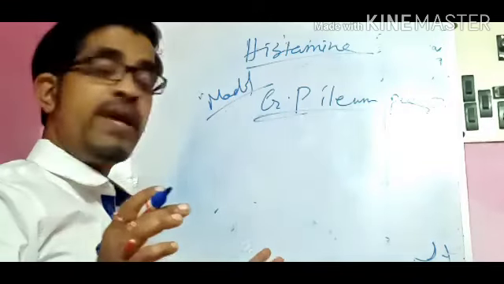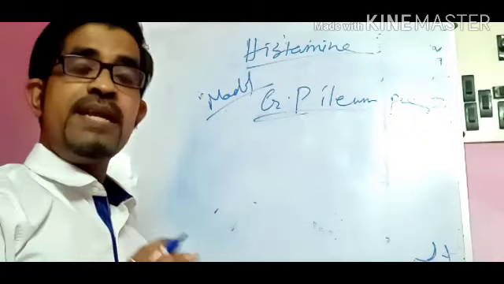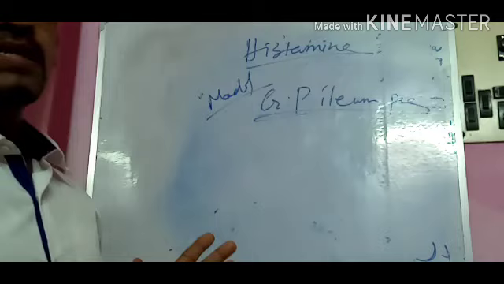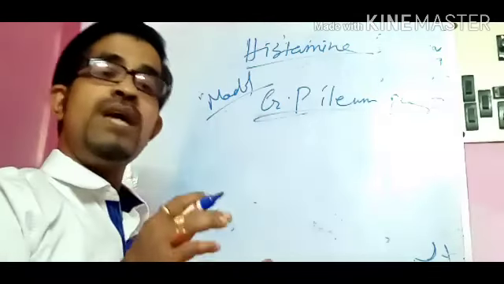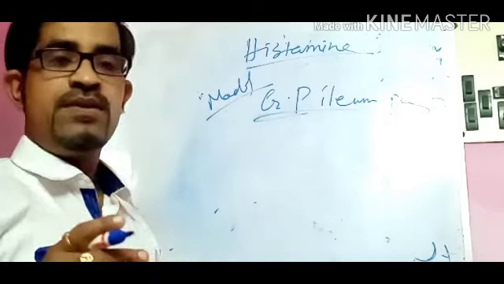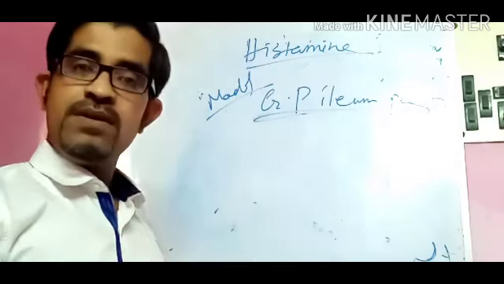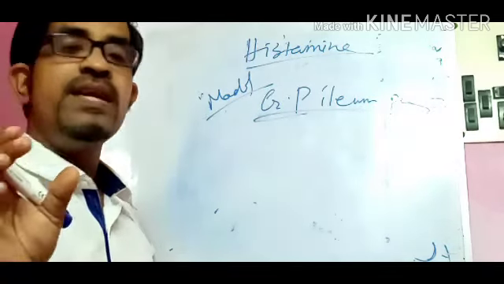So we are going to find out the potency of histamine by using an animal which is very sensitive to histamine. Here the animal we have taken is the guinea pig. But the organ we are isolating is different. The procedure is that we sacrifice the guinea pig and isolate the ileum of the guinea pig.